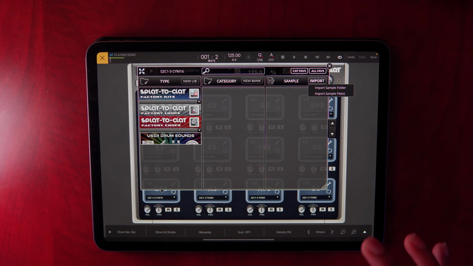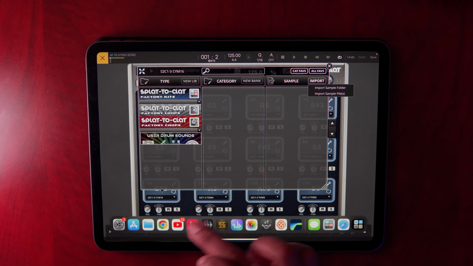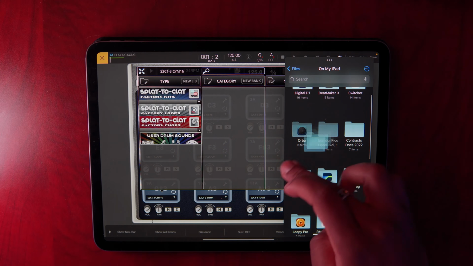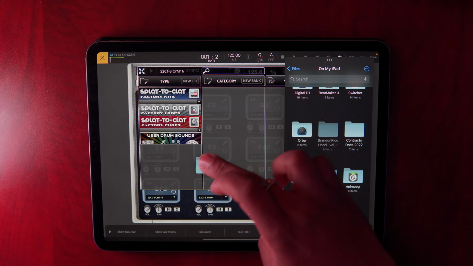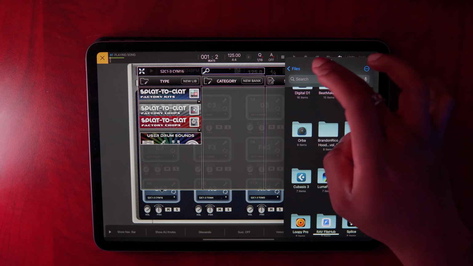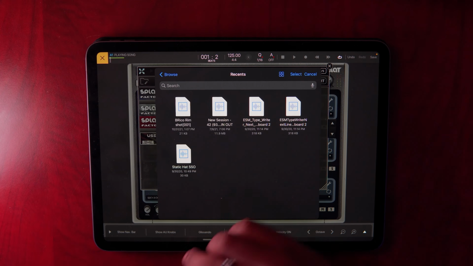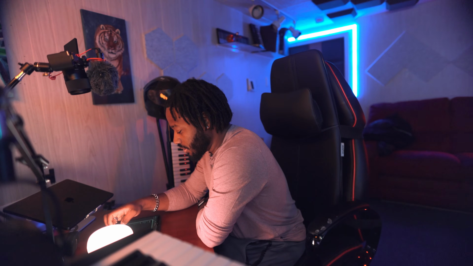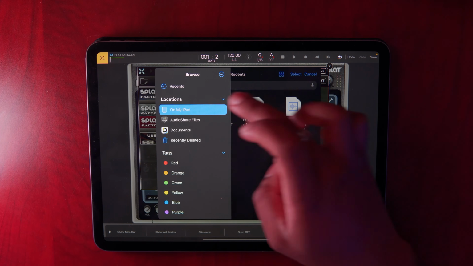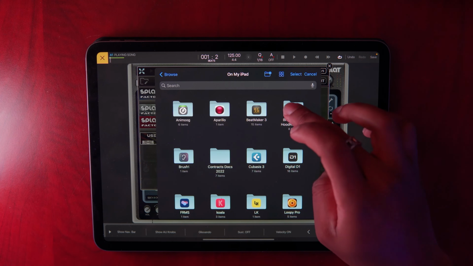I wish it was a little bit simpler on the iPad the way it is on desktop, where I could just grab a file from the files folder and bring that file over onto Splat to Clat, but it's just not as simple. So on iOS, we're just stuck with navigating through the actual import folder for this file. So let's go ahead and find a replacement. So I'm gonna go ahead and go with